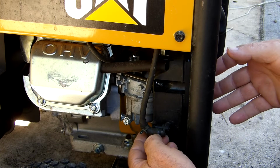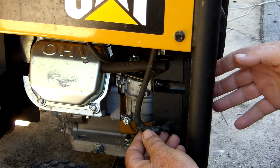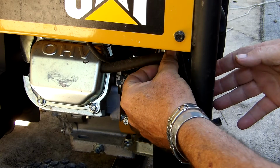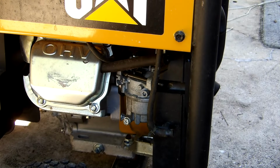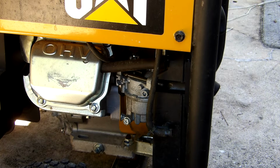First off, there's two hoses. This one hose here, which does have a clamp, and there's the crankcase breather hose at the top, and there's no clamp on that. Just hold on to it firmly as you pull away the housing, and that'll come off of there. So like with changing the air filter, you have to take off the front,